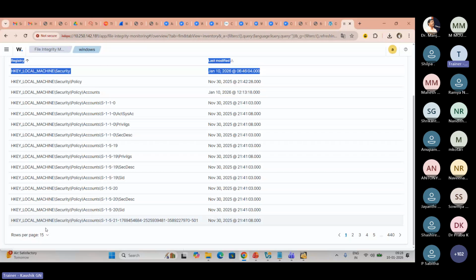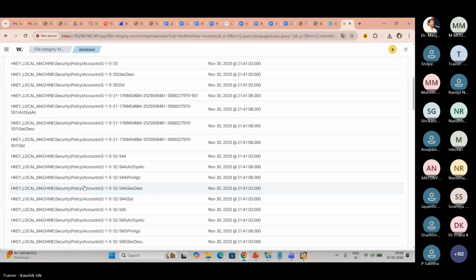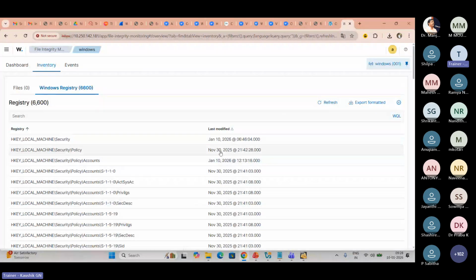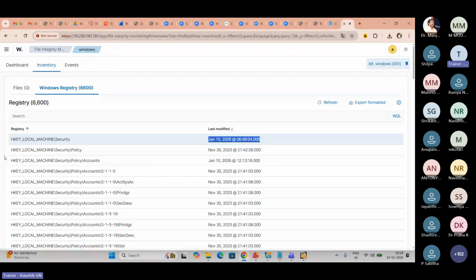I can view 100 rows. For example, on January 10th, I went through the local machine. This is an HKEY, the local machine security key, which is very important. I have done a certain task on it, so this is visible here.